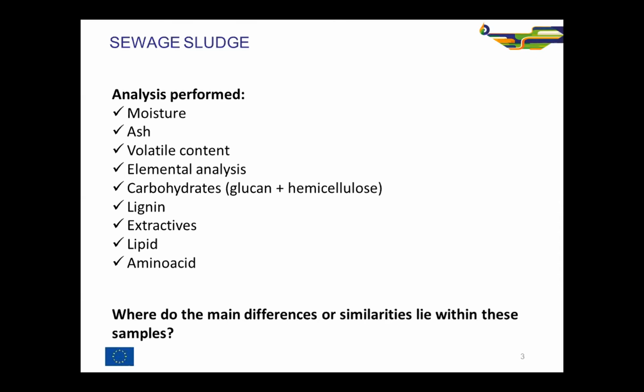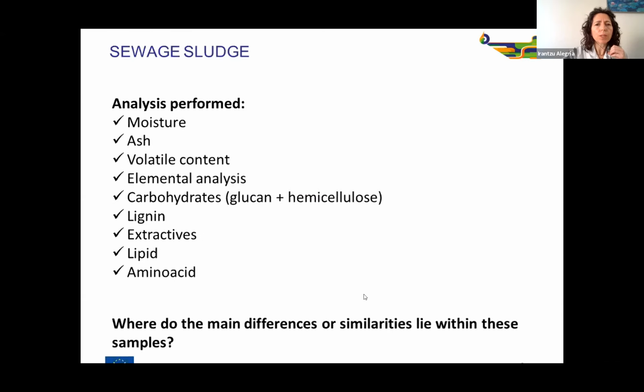So the analyses that have been performed on these 3 samples are moisture, ash content, volatile content. We have also performed the elementary analysis. We have also determined the carbohydrates and lignin content. We have also determined the extractives, lipid and amino acids, because we wanted to see where remain the main differences or similarities between these 3 samples. So if we start with